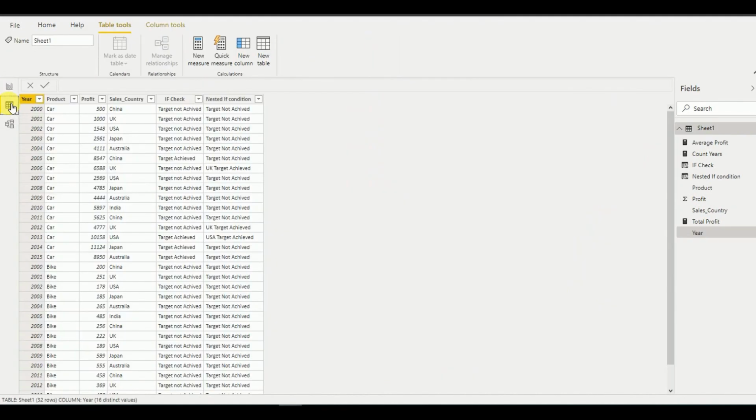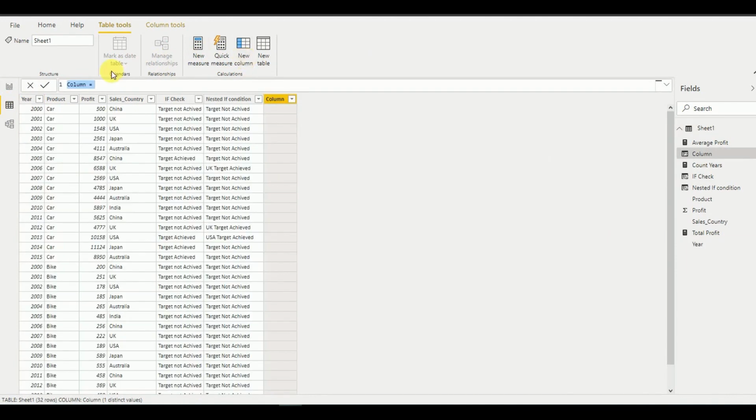For that, you go to the data table and add a new column. You can add a new measure as well. So let's say if error check, so write the if error function. If you add it, it shows value. If the value is an error, then it gives a value if error value. So I give some value that will give an error. So let's say 25 divided by 0, and then definitely this will be an error.